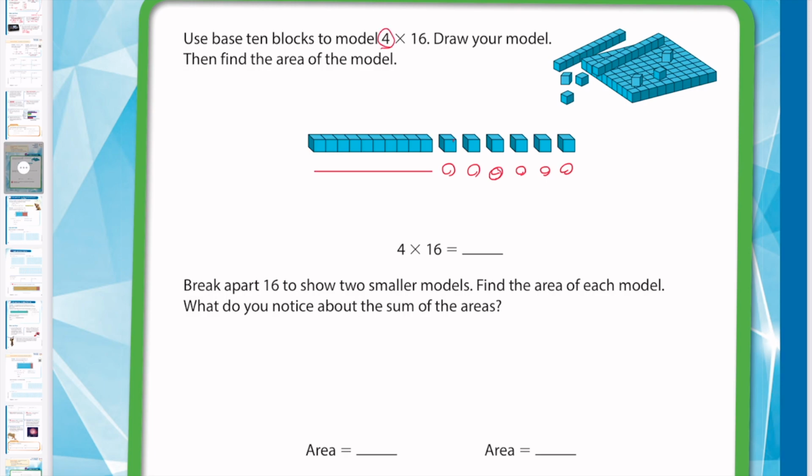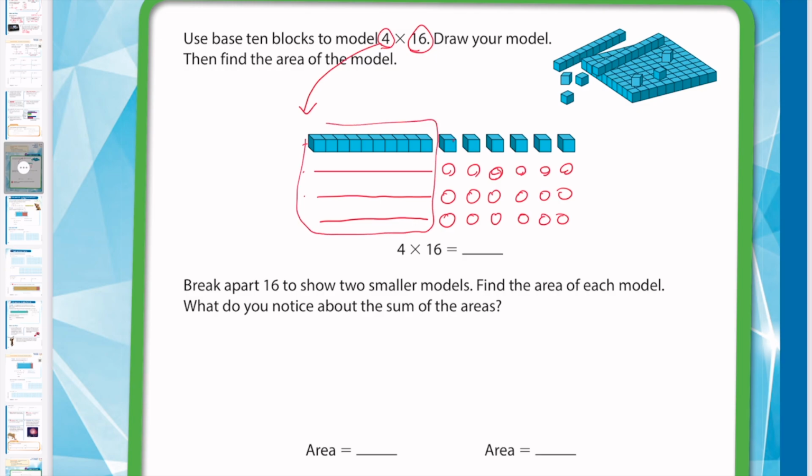And how many rows are there? Yes, you need to draw four rows of 16. So 1, 2, 3. I'm going to draw this one long, which means 10, and 6 ones. And this is my fourth. 3, 4, 5, 6. All right, so you will know what? This is what? 40 already, right? And then you have 6,